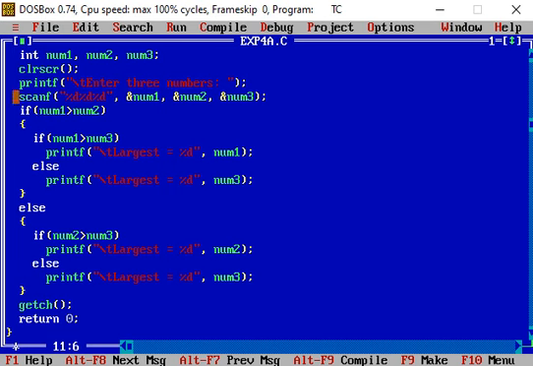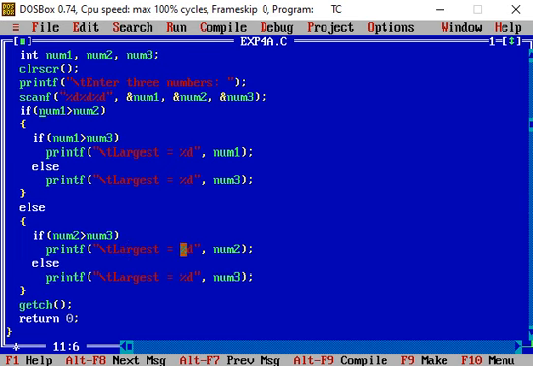So the else part of the if else statement is executed, and in the else part we test the condition: num2 is greater than num3. num2 is 54, and 54 is greater than num3, that is 12. So this condition is true, and then we execute the printf statement in the if block, "largest equals %d". What is the value of num2? That gets printed at this point. So "largest equals 54" is printed.